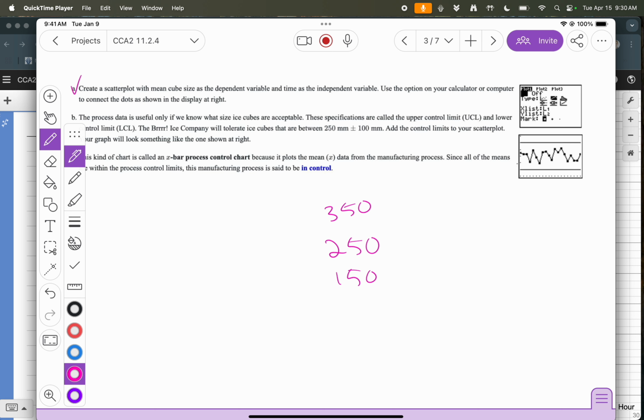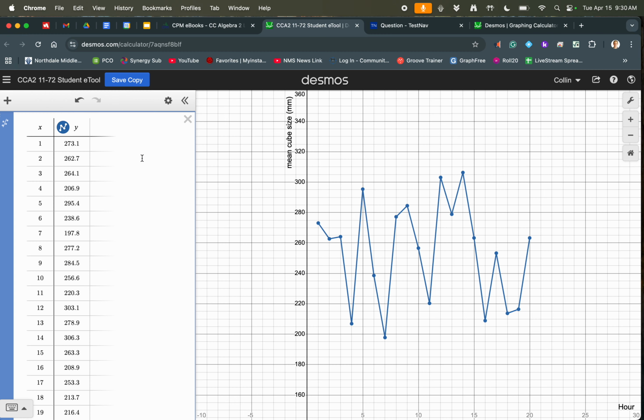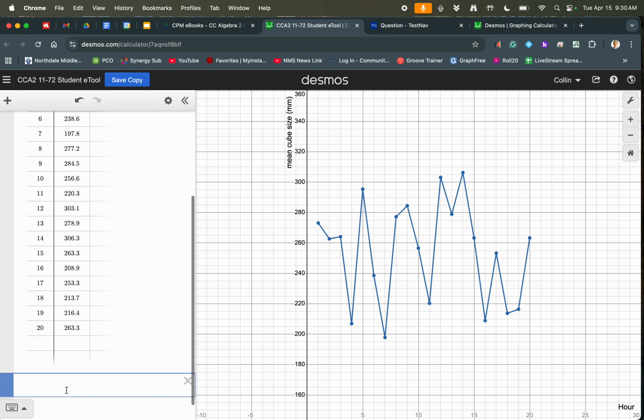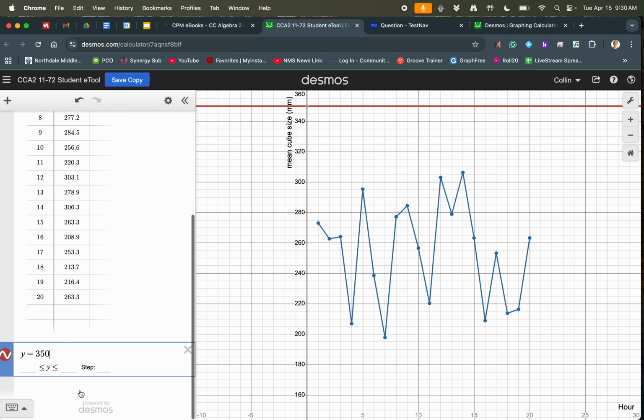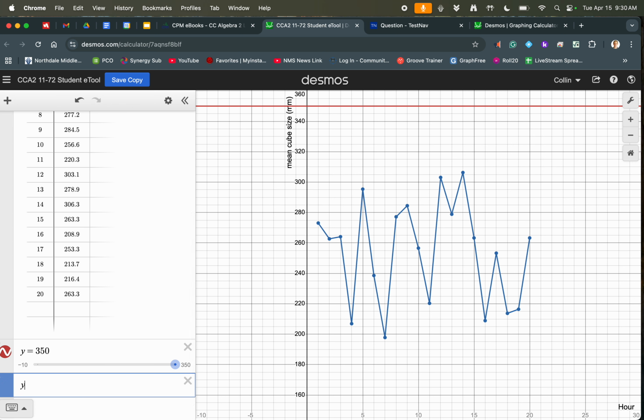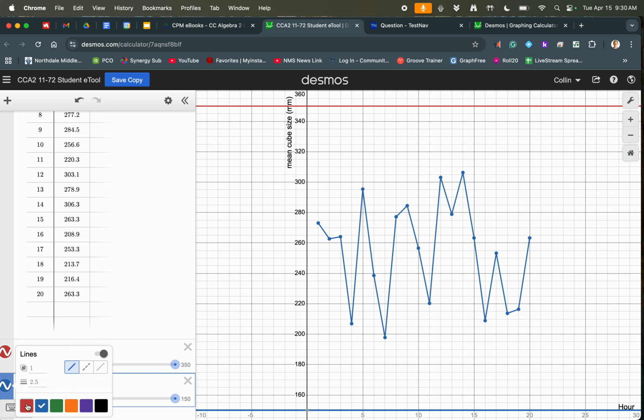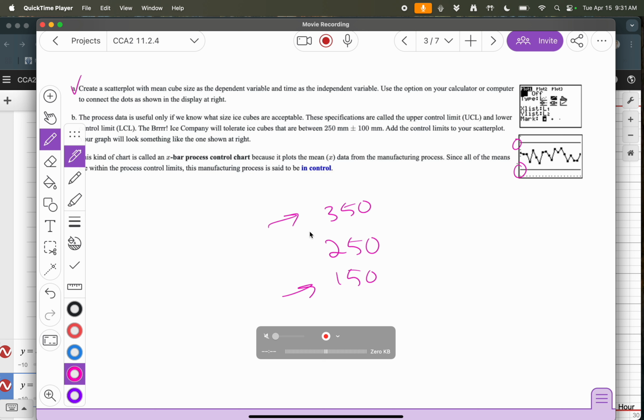So basically, I need to add these lines which are at 350 and 150 to my scatter plot. Well, that's just as simple as saying, hey, y needs to equal 350, and there's my upper control limit, and then y needs to equal 150, and there's my lower control limit. If I want them to be the same color, just so we know what our limits are, there we go. So we've added our upper and lower control limits there,